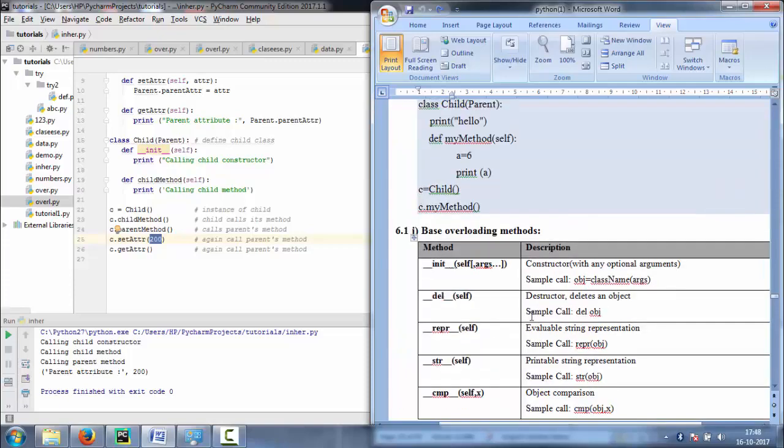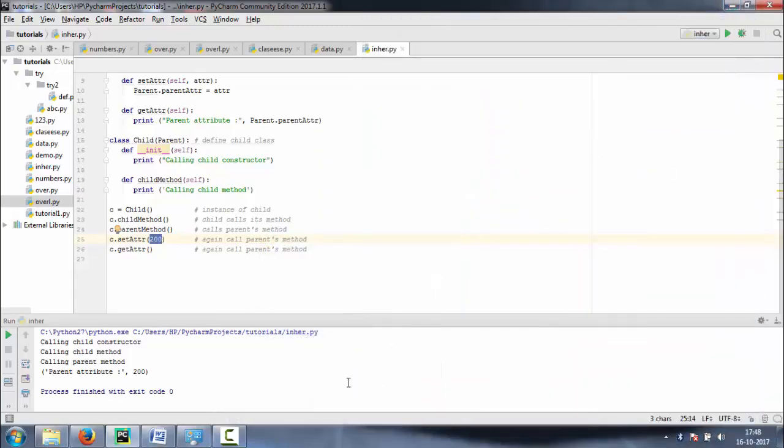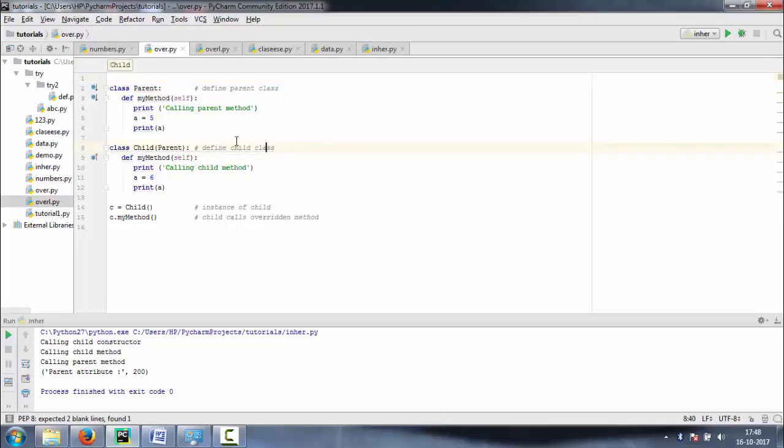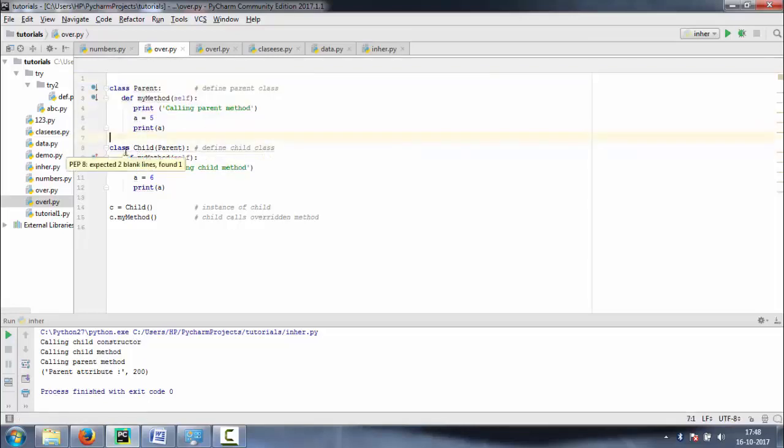So this is an example of overriding. Now I will show how to implement method overriding. This is a parent class, and this is a subclass, and the subclass inherits from the parent class, defined by the parent name in this section.